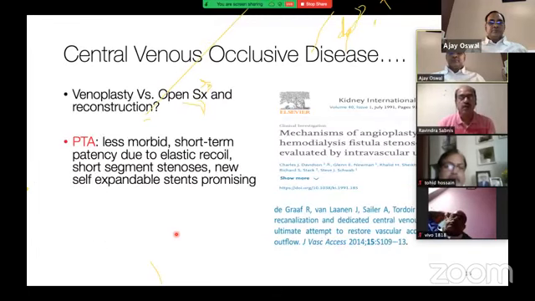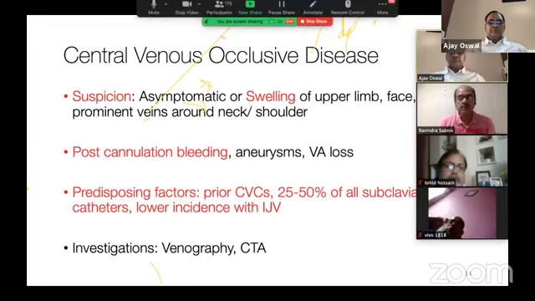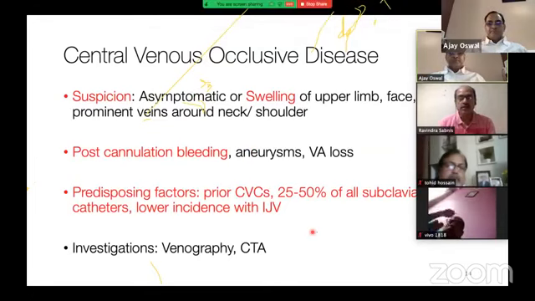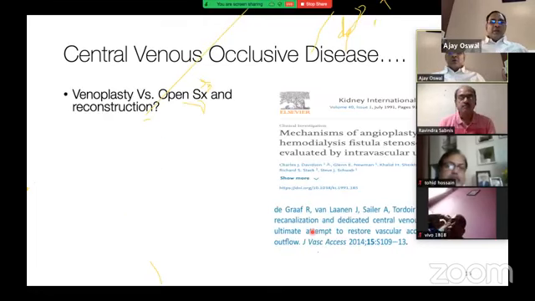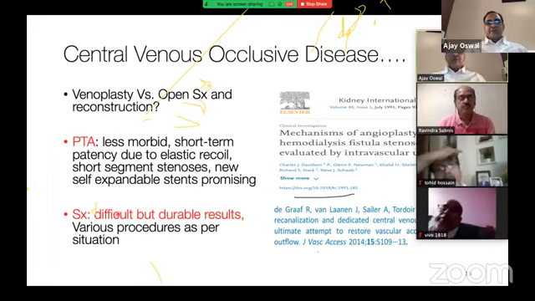These are the signs where you actually suspect that there could be some proximal stenosis. And what you have shown here is a very representative case where the proximal stenosis has become really a great problem. And the only measure is that interventional radiologists dilate these veins, do the balloon dilatation, and that is how things have to be taken care of. Okay, so in central venous occlusive disease, for short segment stenosis, PTA may work, but for a long segment stenosis, surgery, although with its difficulty, is the best long-term option.